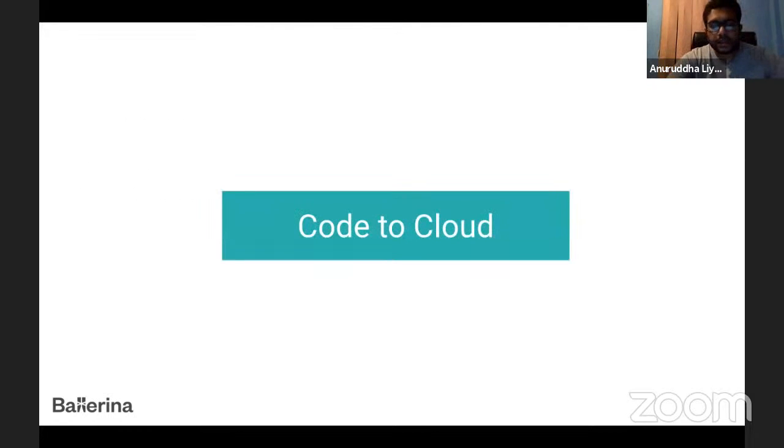So first of all, let's see what Code to Cloud means. If you have developed a program that needs to run on the cloud, specifically Kubernetes, you know the drill. You write the code, then you pack the code into a Docker image, then you write the toml files, and then finally you deploy it and see it in production. In Ballerina, we wanted to change this approach. We wanted to create all these artifacts at compile time in the compiler, so it will be less error prone and more developer friendly.